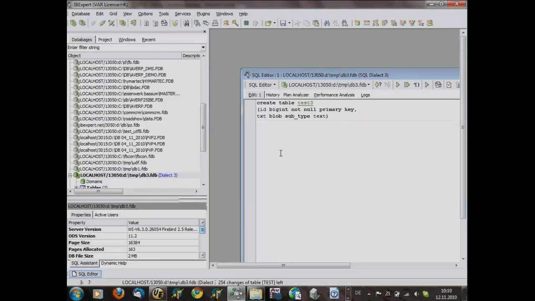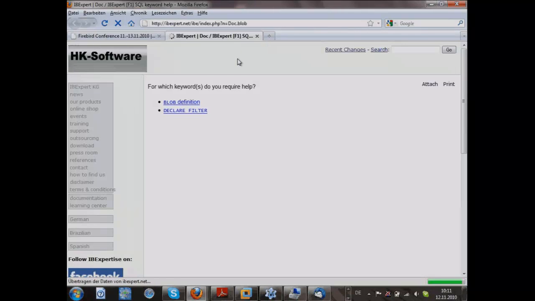For example, if you have any of the keywords somewhere in the SQL editor, simply go with the cursor on the keyword, press F1, and it directly redirects you to a website where we have a list of keywords, and we try to have help pages for all the keywords that we find anywhere in the source code of IBExpert or in the source code of Firebird. But also in the source code of Interbase if we would have access to it.